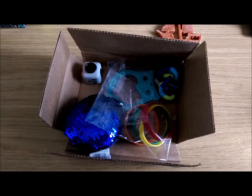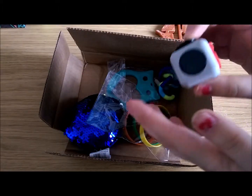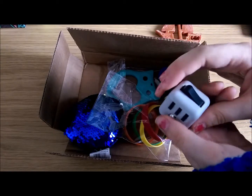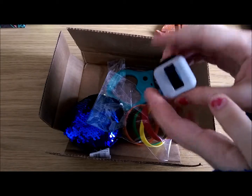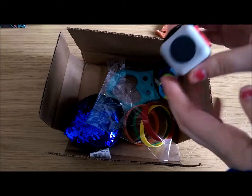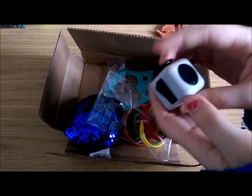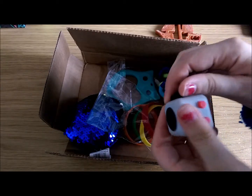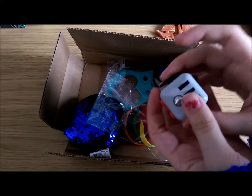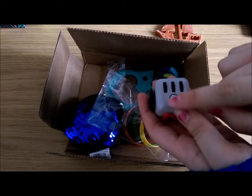My next one I'm going to show you is the fidget cube. This one's a little more well known, I believe. I got this last year for my birthday, which is very nice, and since then it's been extremely helpful. Until recently, when I changed to my tangle, I took this out with me everywhere. Even if I wasn't using it, I'd have it in my pockets. Now this has several distractions on it. There's a button, which is a bit loud, so I try not to do that too often. Then there's these spinning things, and this, which goes around,